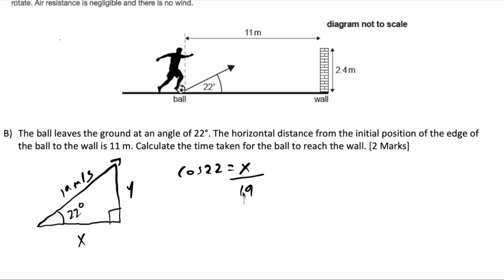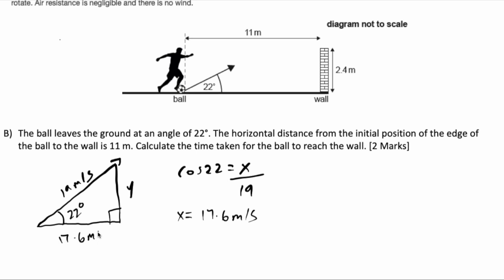So when we put this in our calculator and rearrange, we get cosine 22 multiplied by 19, and we get a horizontal component of velocity equal to 17.6 meters per second. So we can delete this x and replace it in the diagram with our new value